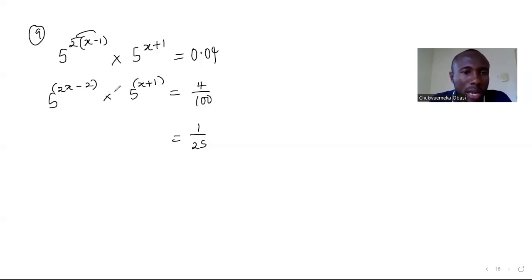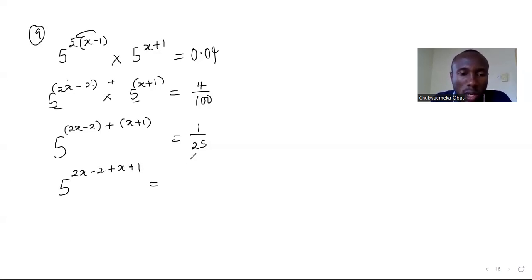Now you see they are multiplying actually, and they have the same base. I'm going to take one of the base and I'll add their exponent. So I have 2x minus 2 plus x plus 1. So that's what it looks like. So I'll add the exponent now. So I have 2x minus 2 plus x plus 1 equal to, and this old